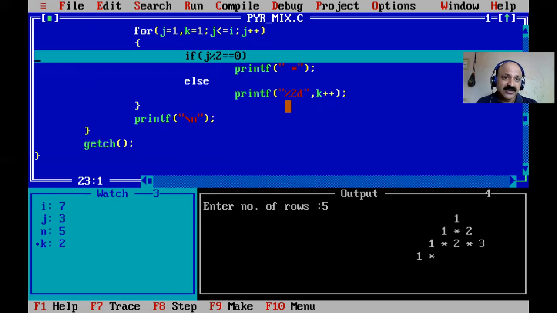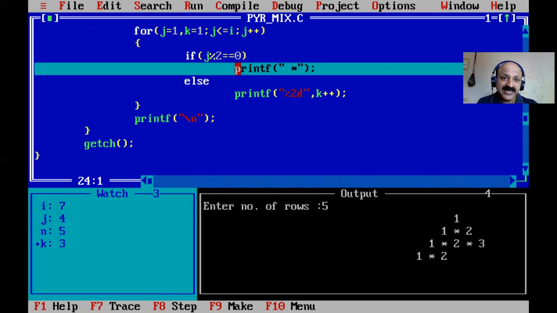Then j plus plus, so the if condition is again false, so k is 2, that prints, and j plus plus, so 4, that we can say is an even position, asterisk sign. That asterisk sign is controlled by this if condition, and the numeric field is taken by the k variable, which is very simple but very important logic.